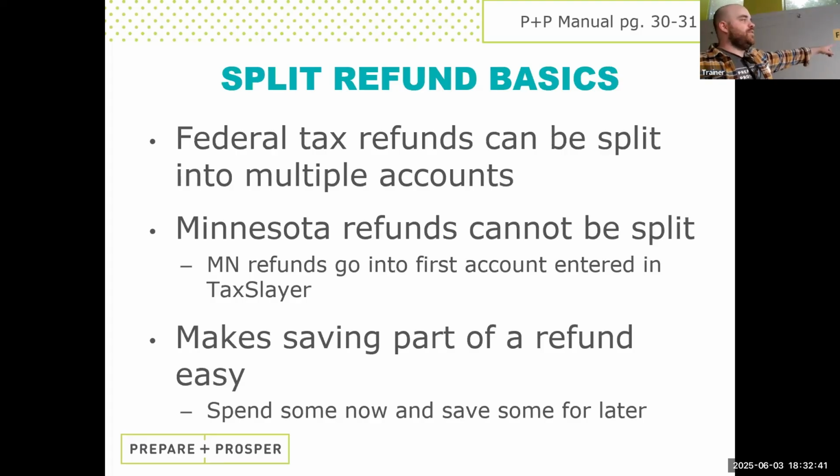As I said a minute ago, the Minnesota refund cannot be split. This often impacts people's decisions, especially of late with the very generous child and working family credits that we offer. That Minnesota refund is pretty substantial. So whatever account they want the most money going into is probably going to be the first one. I can't speak to why a person might want something to go one place or the other. I just know that Minnesota needs to match the first one rule often dictates folks' choice on which one